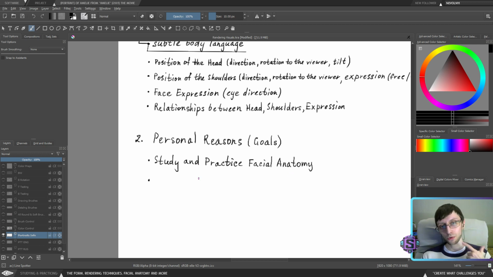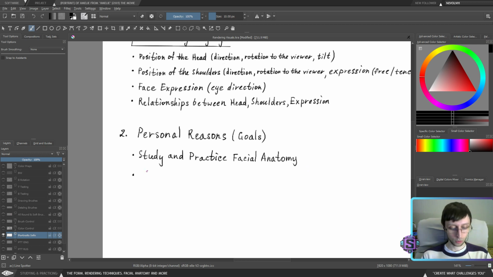But in order to create the anatomy of the neck, you need to understand how the neck connects to the shoulders, how the connection happens from the skull to the shoulders. Because of this, we will still cover more than facial anatomy, but in most cases it's going to be facial anatomy.